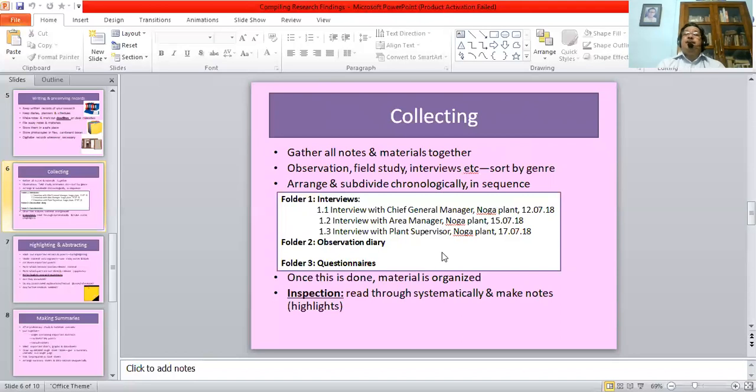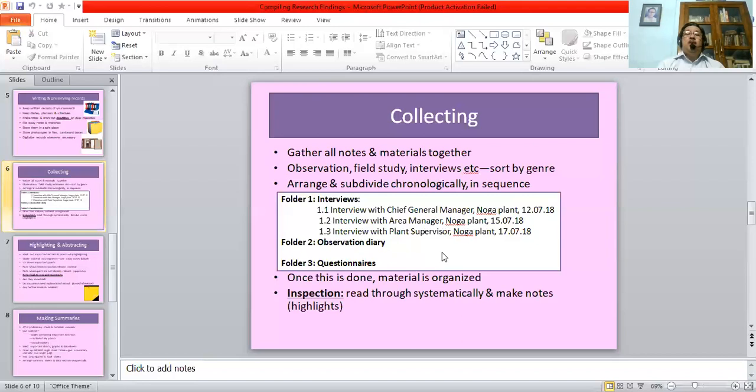In folder 1, there are further subdivisions. 1.1 is an interview with the Chief General Manager of Noga Plant. 1.2 is an interview with the Area Manager of Noga Plant. And 1.3 is an interview with the Plant Supervisor of the Noga Plant on